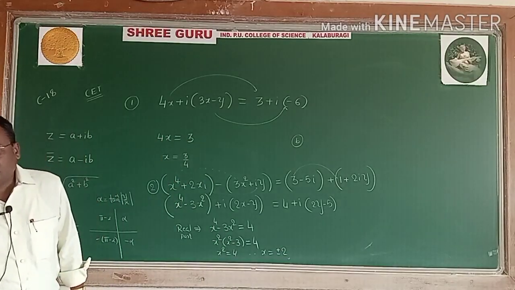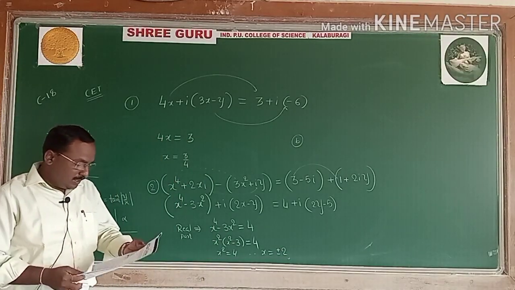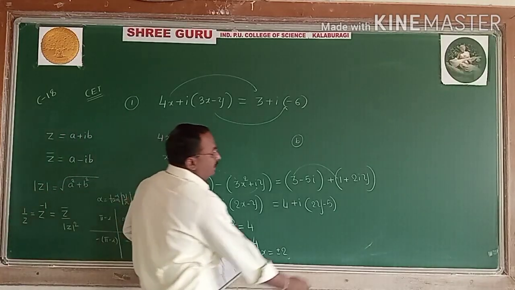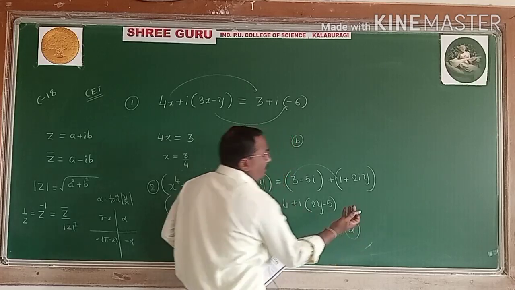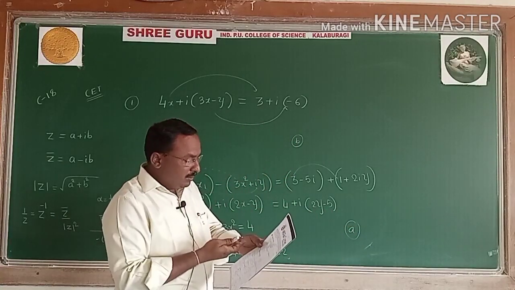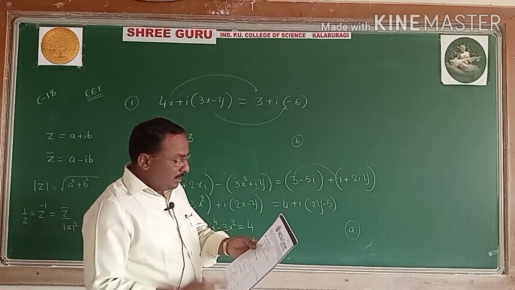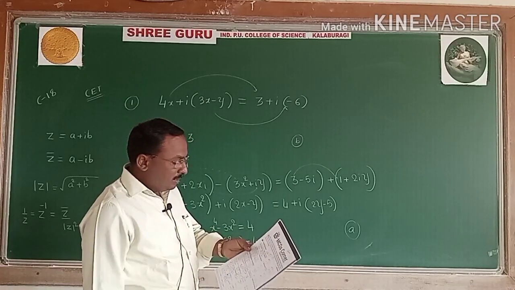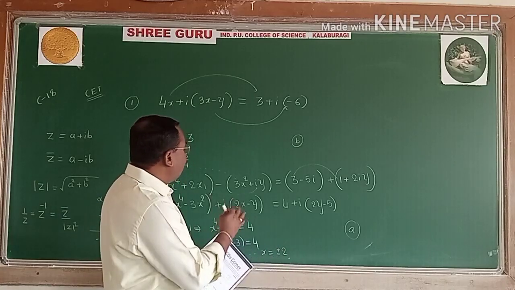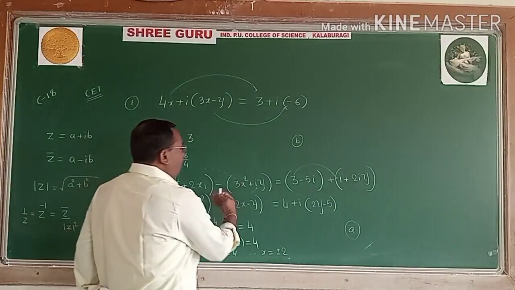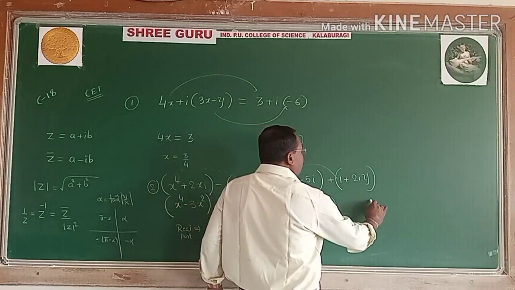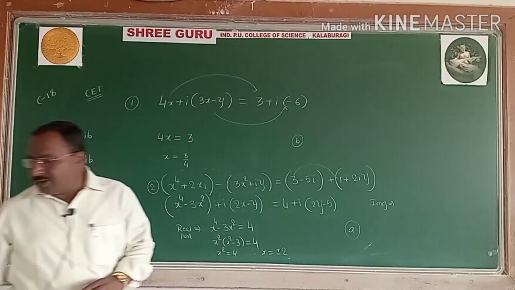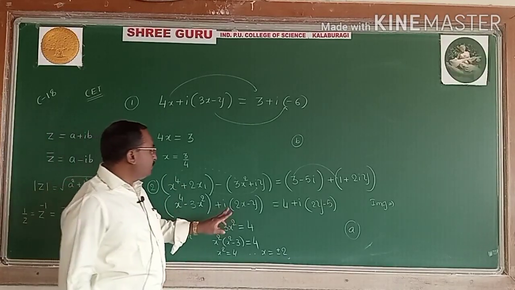In any option plus 2, minus 2 is the x value. Option A has the x value plus 2, minus 2. Option B is not necessary, because if the x value option is there, done. Otherwise here A and C need comparing. Here A and C compare, definitely, to find the y value. Take the imaginary part. Imaginary part is what, to find the y value? Here A and C confuse it.